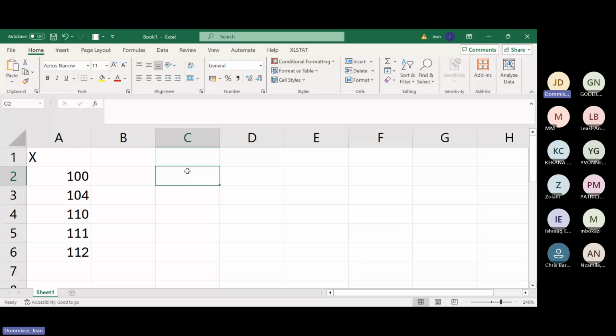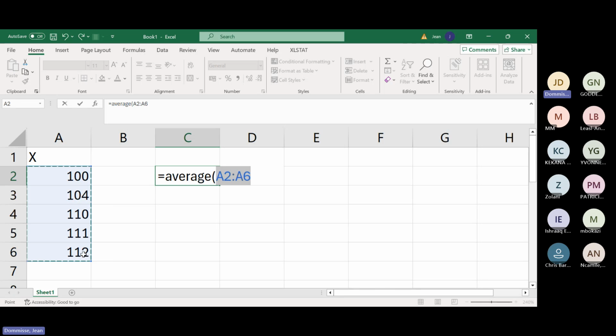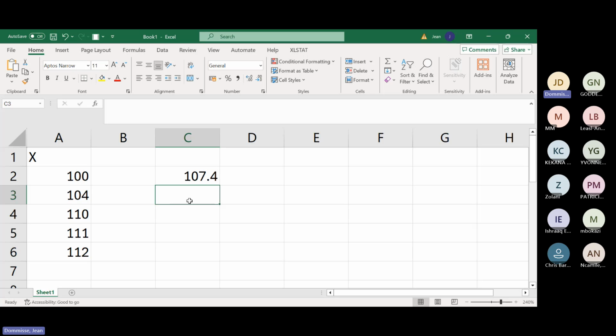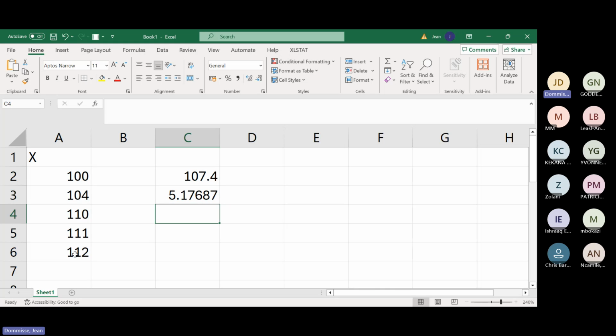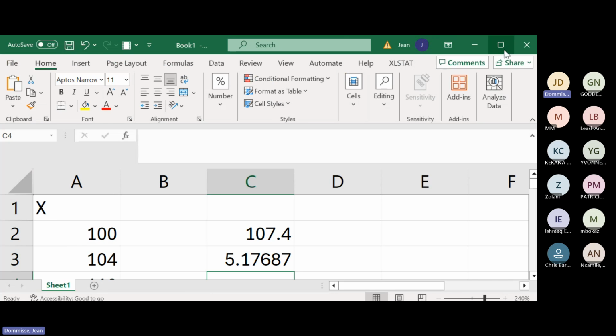So I know that I need to get the mean. There isn't a mean function. So the mean is the same as the average. So I will work out what the average is. Then we need to also get the standard deviation. Remember, it is a sample. So we need to get the standard deviation of a sample. And then how we will work it out is